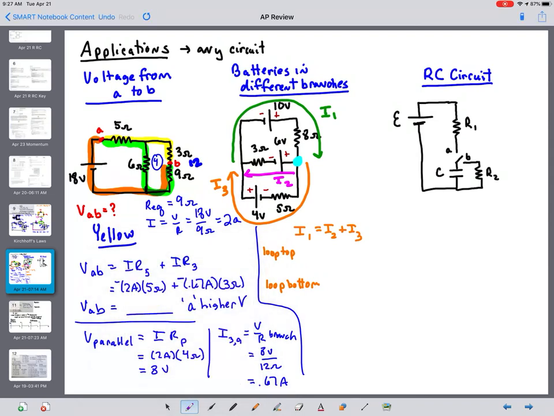So let's go purple. On the top loop, I'm going to start right there, and I'm going to go around in a clockwise direction. So batteries, when I hit them going from negative to positive, that's an increase. Batteries from negative to positive when I'm going in my loop that way, that will be a positive voltage. Resistors, when I'm going in the direction of the current, that will be a positive IR. Resistors, when I'm going against the direction,